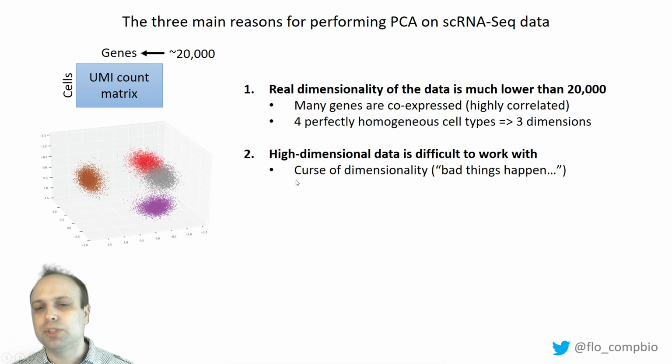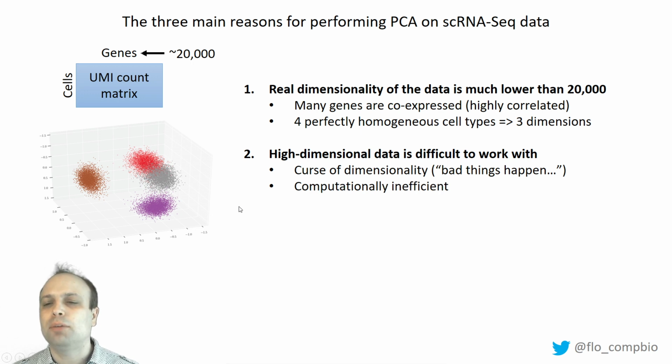Also, when you're fitting a model, you have to deal with all the 20,000 variables in this model, which can also be a problem statistically. It can lead to overfitting. So very high dimensional data is often problematic from a statistical point of view, but it's also computationally inefficient, because